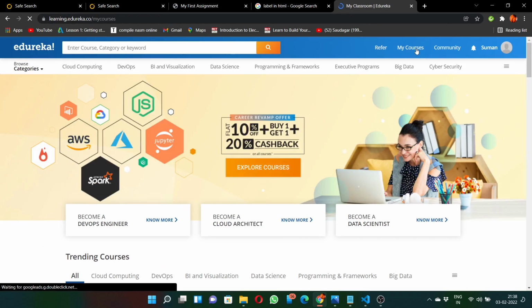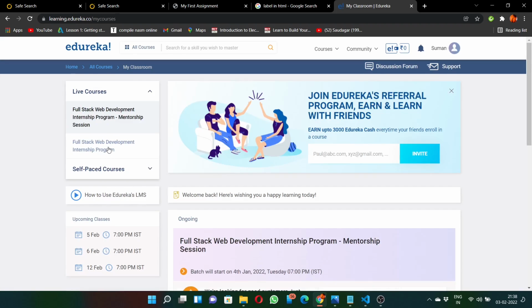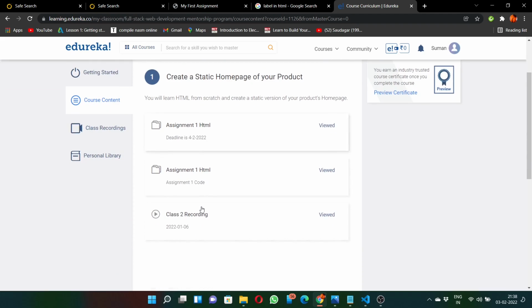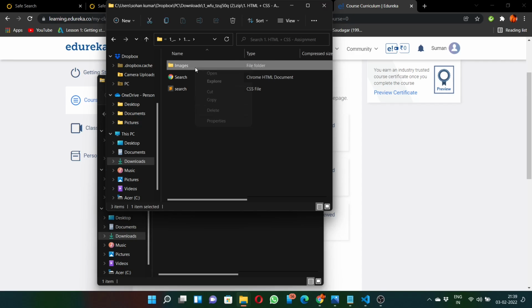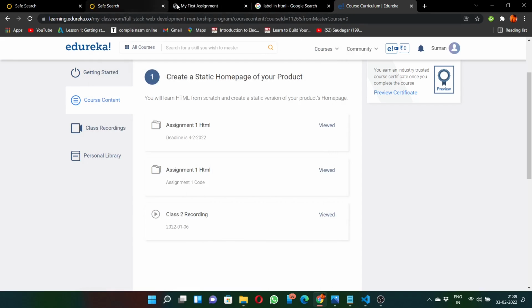Now go to my course, we need to open Edureka, and after that we're going to the mentorship session. Inside the session there is the HTML, second HTML, one HTML code, and as we can see here is the image folder. So we're just going to copy this folder, or you can cut it, and we're just going to open